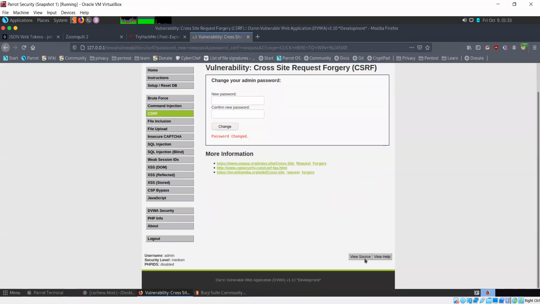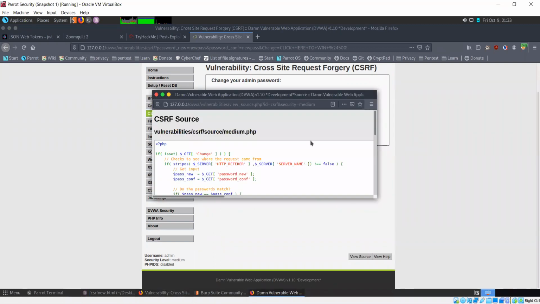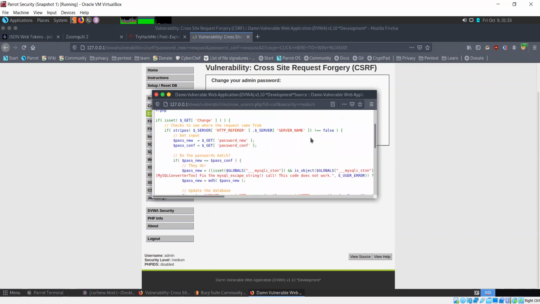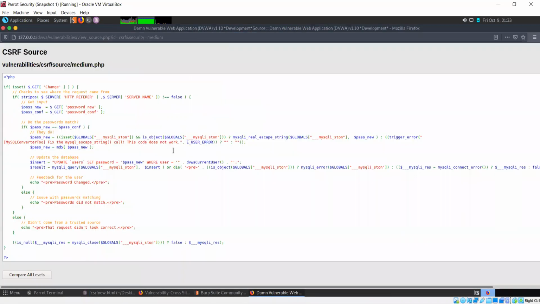So if I click on this view source, you can see that it's checking whether the request is coming from a proper source or not.